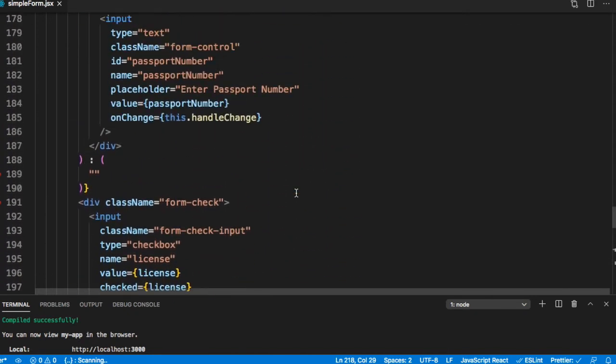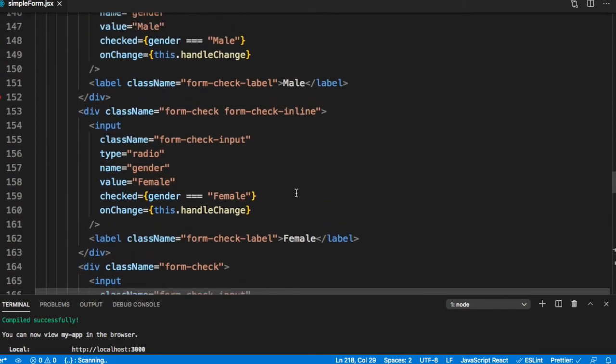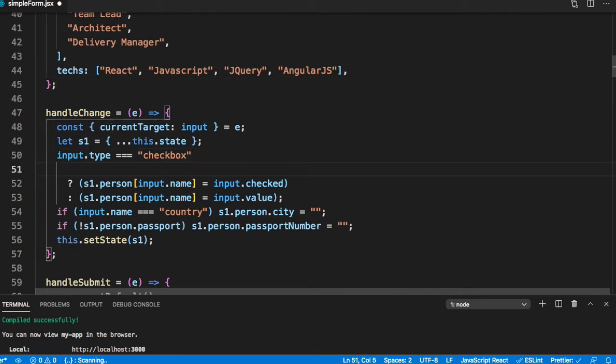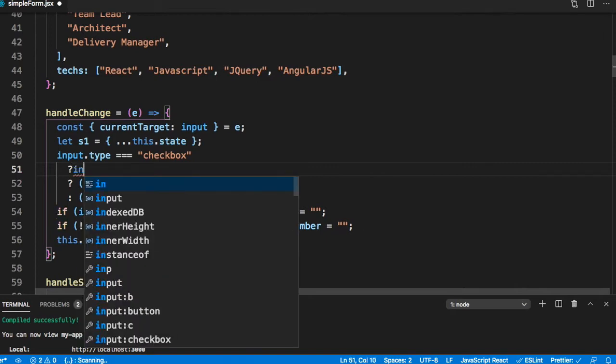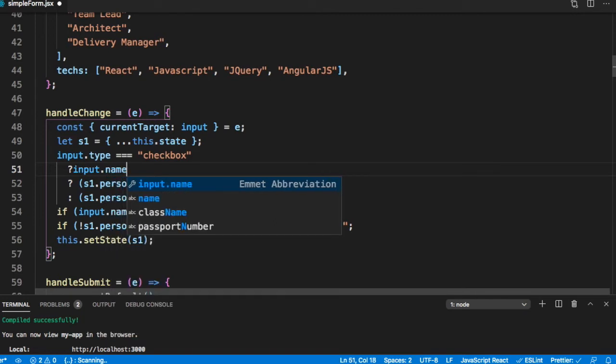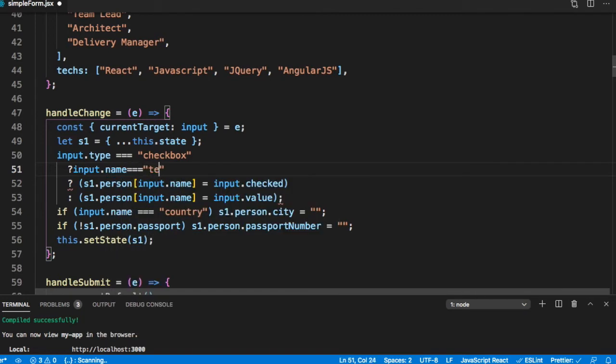Now, once we have made the changes in the render, let's go to our handle change. So what is the change we want in this function handle change? So if we are inside a checkbox, if we have found a checkbox, let's check if input dot name is equal to text known. So if this is the checkbox, then we need to handle it differently.